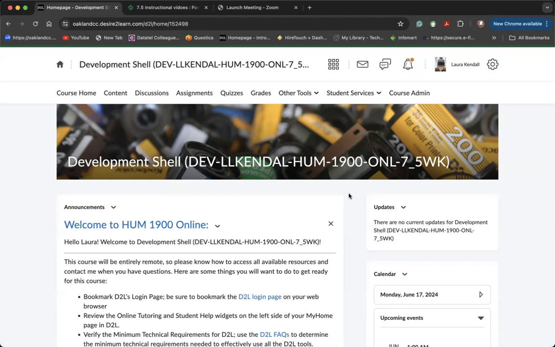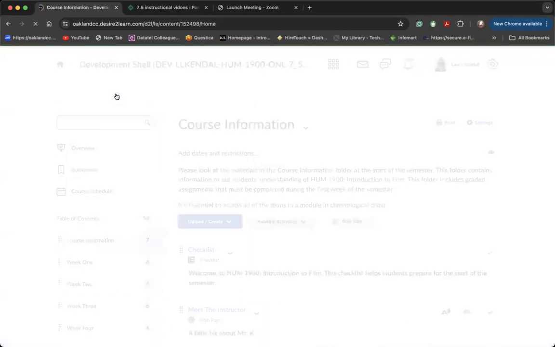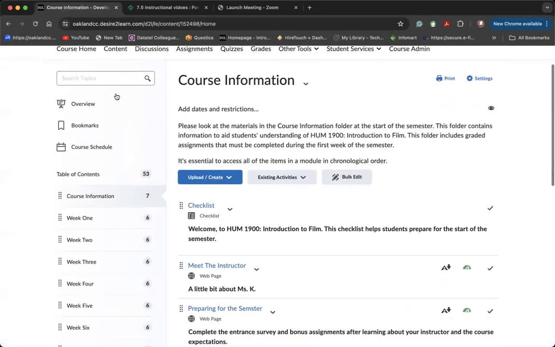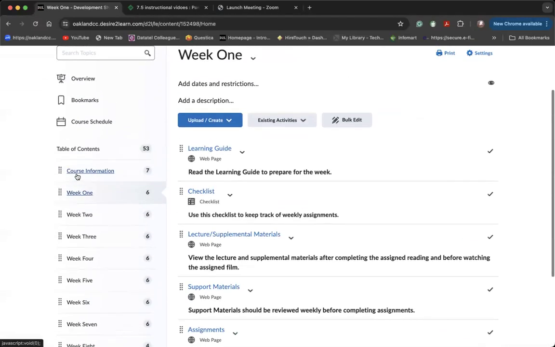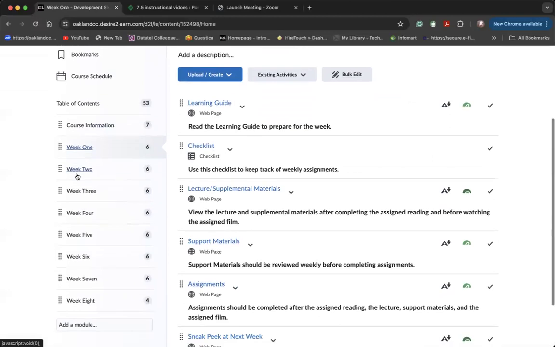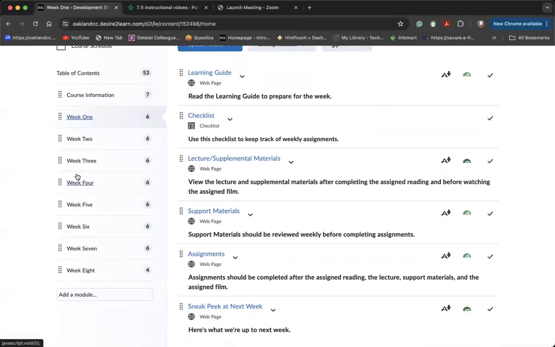I'm going to show you how to access the support materials for the response paper assignment for HUM 1900. Click on the Content tab and then find your way to a weekly module. You'll see the tabs here laid out, and we're going to focus on the support materials tab. We're going to click on it,